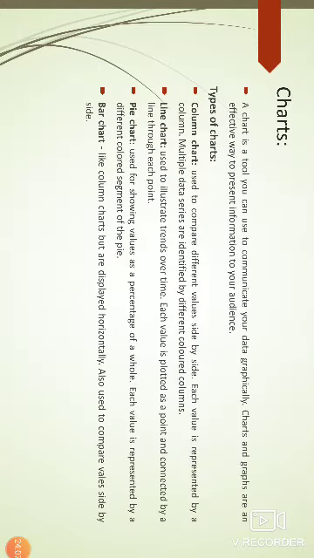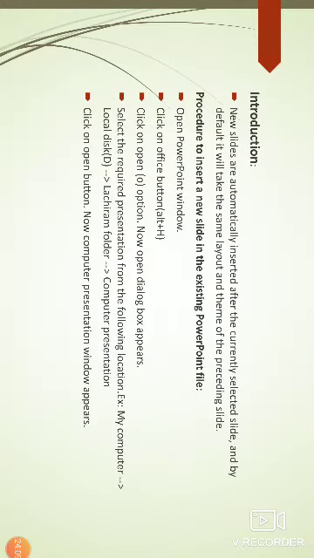Okay. Next, what is a slide? A slide is a page in a presentation. Again, what is a presentation? A presentation is a PowerPoint file.